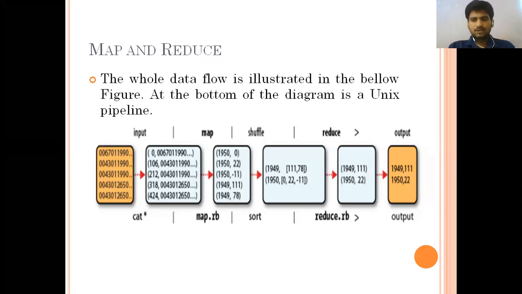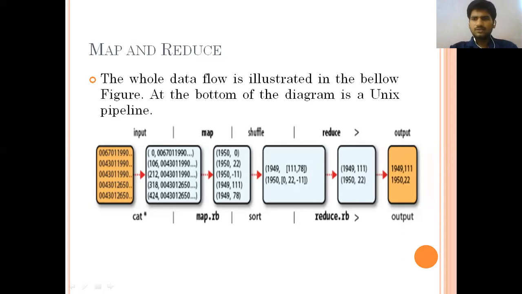You may ask, sir, in the previous example we had text that we sent and found the word count. Here, again, the data is in what type of format? Whether we are going to consider text data or integer data. That's why I mentioned in the slides that integer data is going to be considered here. So these are the operations you can perform on integers. Here we simply mentioned the highest temperature.